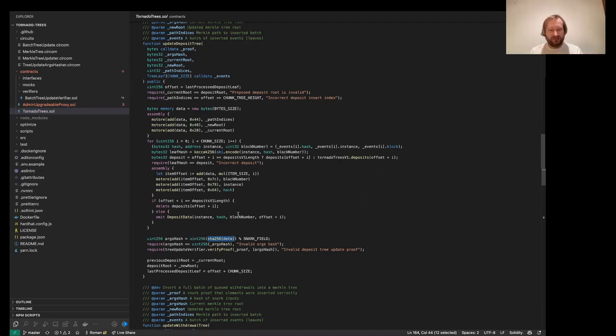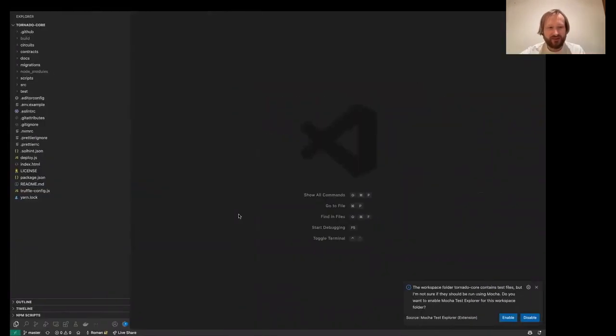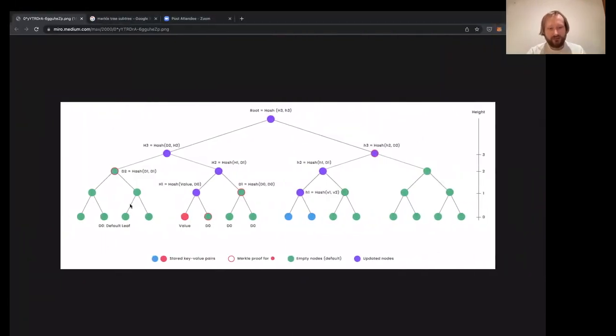Okay, so let's go back to the tree updates. So basically we upload all these elements, upload old root and new root, and upload the path where we inserted the subtree. For example, if we are inserting this subtree, it will be the path to this subtree root. And the smart contract just checks that the subtrees are inserted sequentially. So the first transaction has to insert the leftmost subtree and so on.